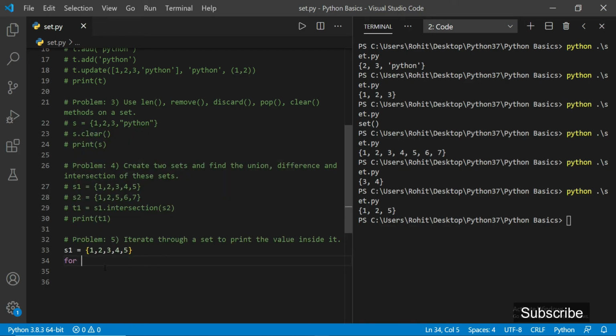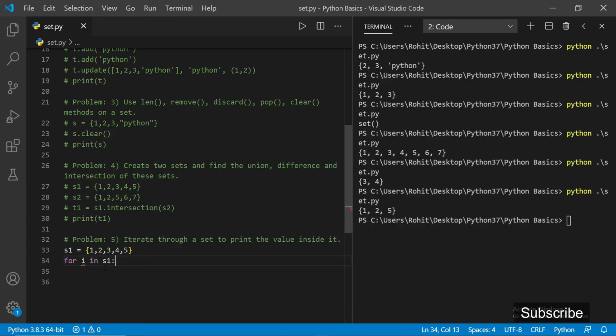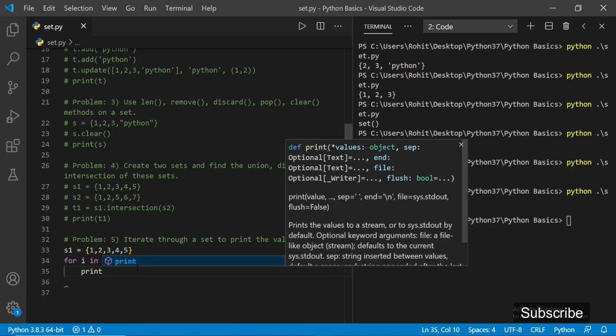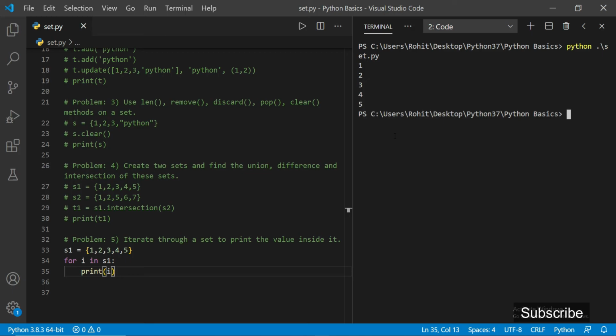We can write for i in S1. So now I have the values of this set. If I try to print i, then we will be getting these values. As you can see, we have got 1, 2, 3, 4 and 5. So like this we can get the values of a set.